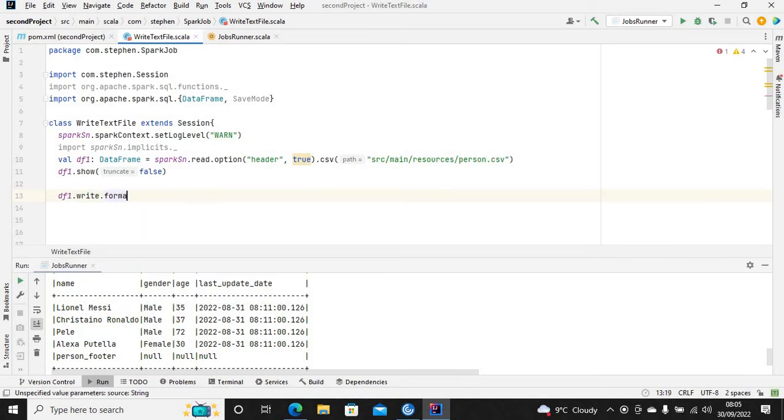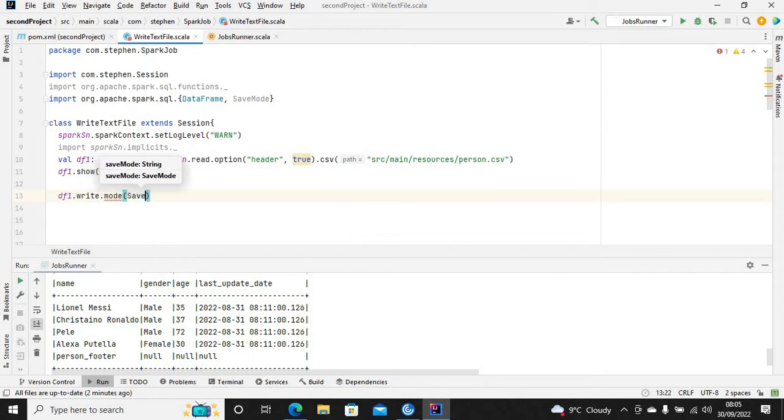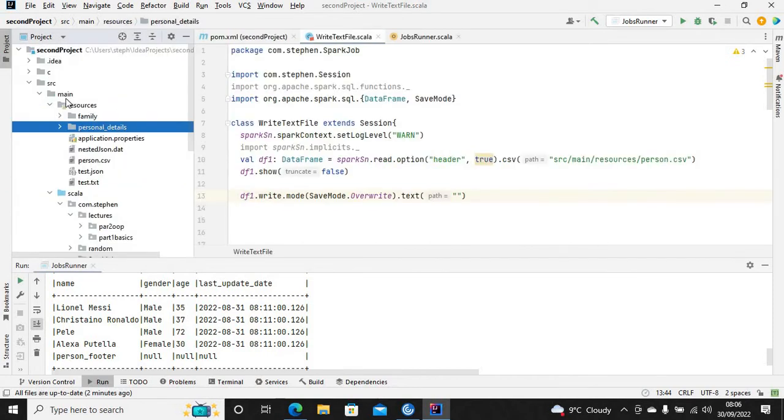format. You can leave format out, just say dot mode. I'm going to use save mode dot overwrite, then dot text. The path of the text is going to be here, so it's going to be src main resources. I'm going to call it text file. So if I run this one now,